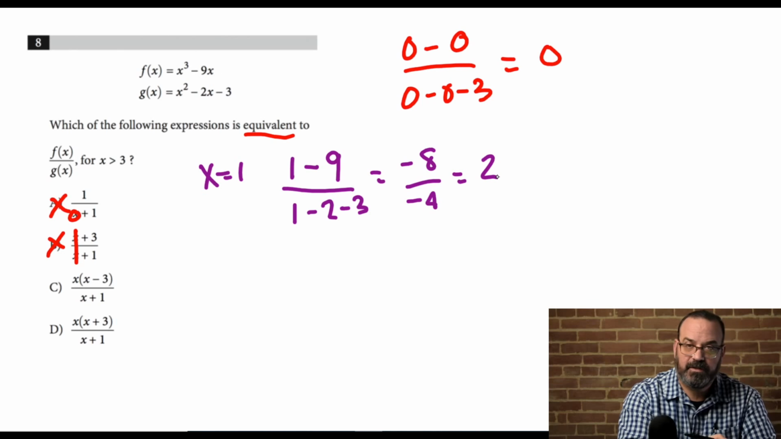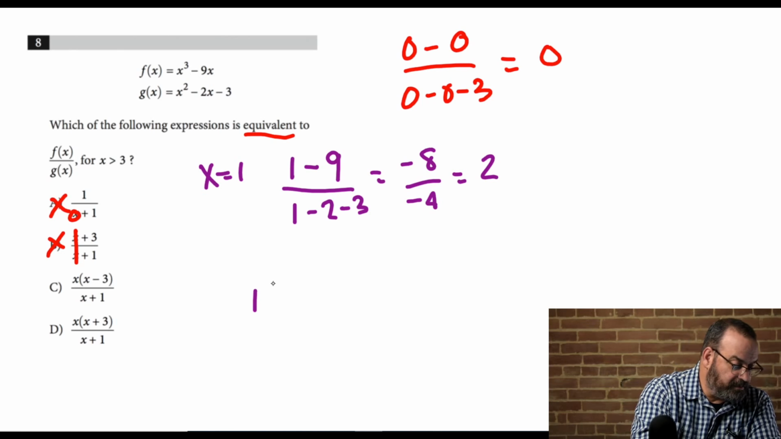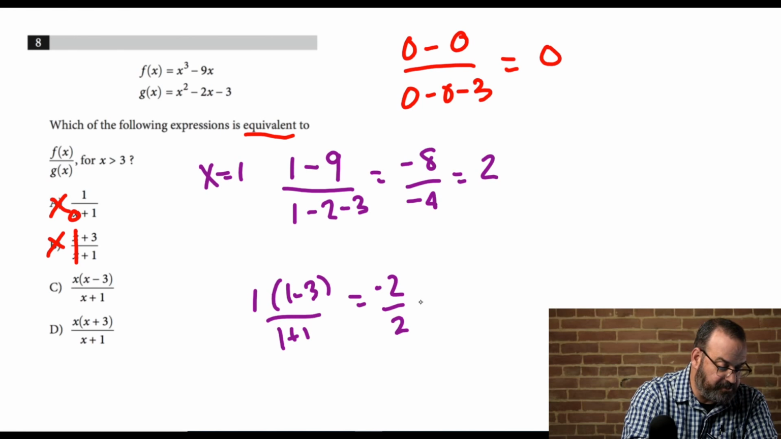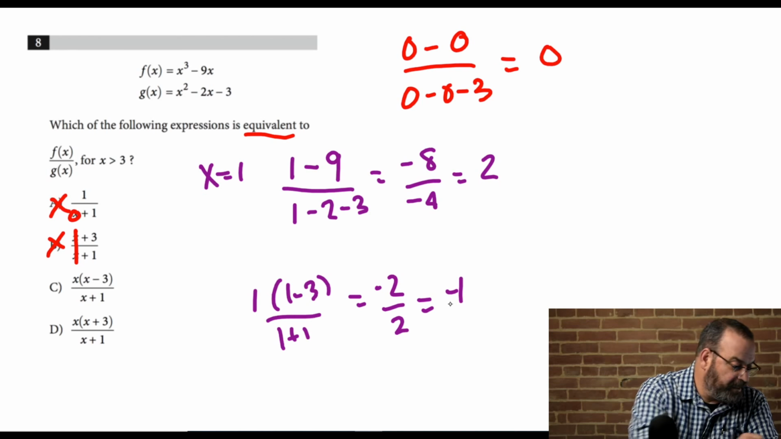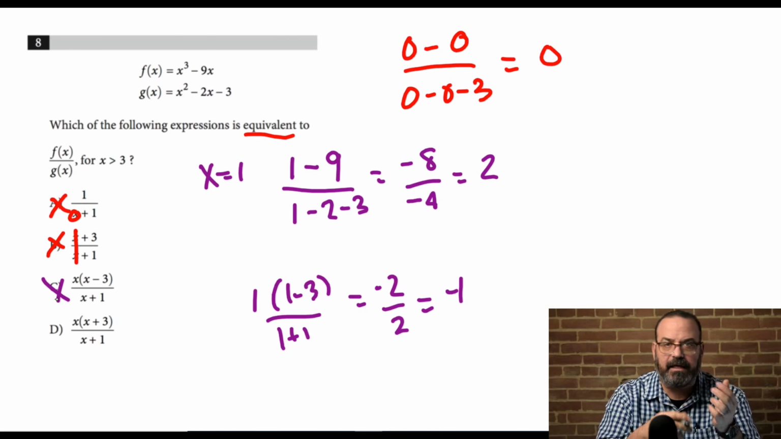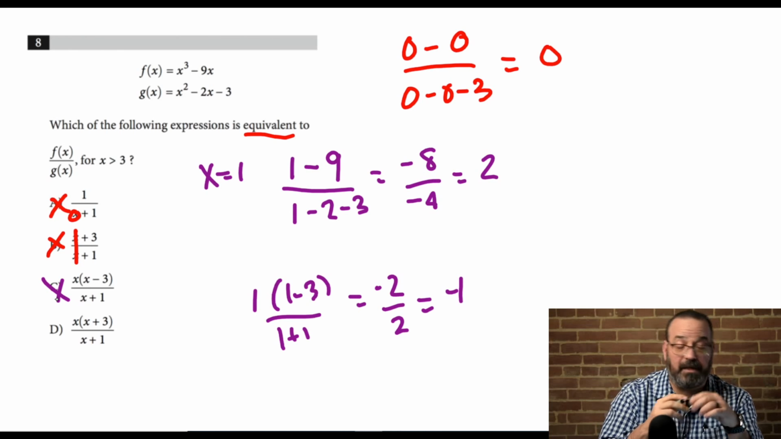Okay, let's do C and D. 1 times 1 minus 3 over 1 plus 1. 1 times 1 minus 3 is negative 2, over positive 2, which equals negative 1. C is wrong. Once again, you've noticed with this technique, I've plugged in 0 and I've plugged in 1 and